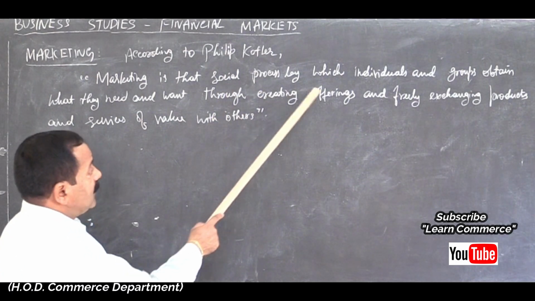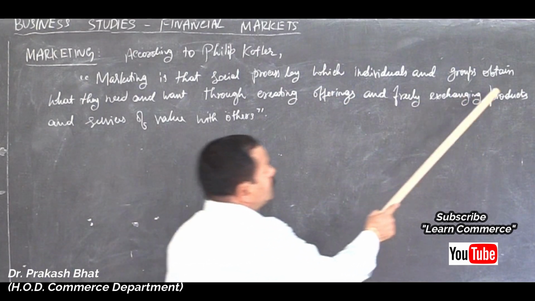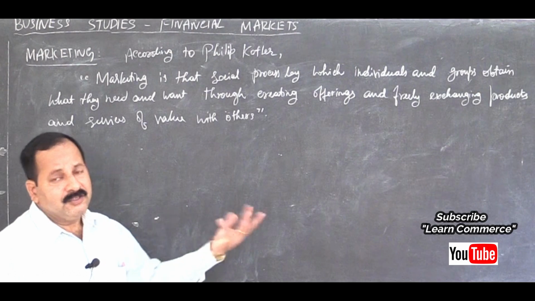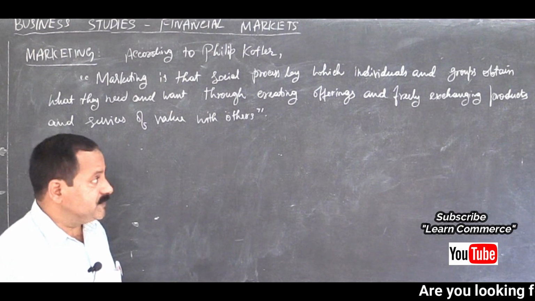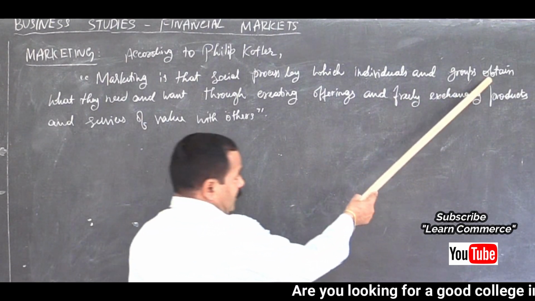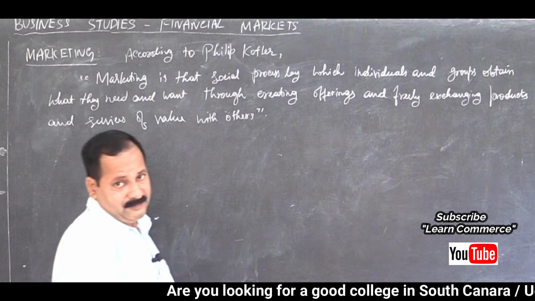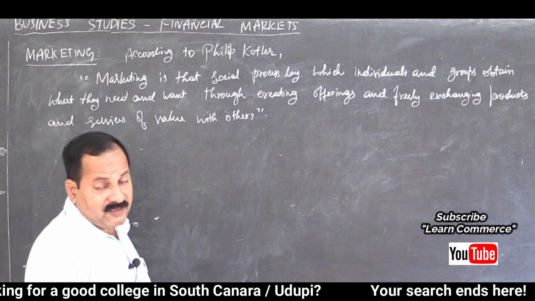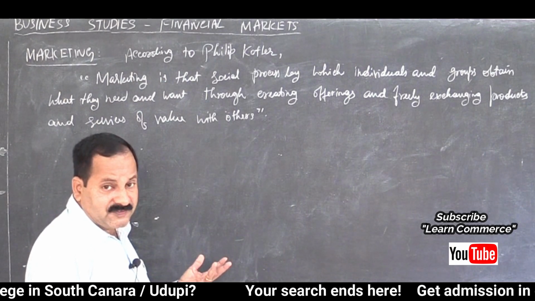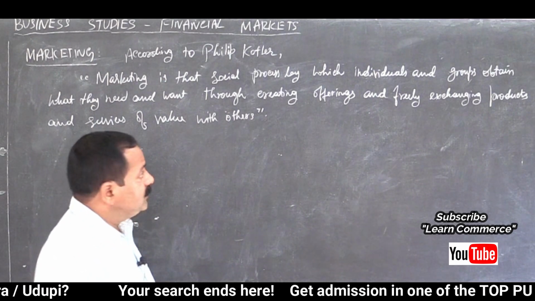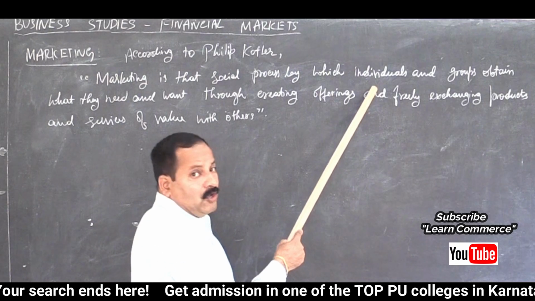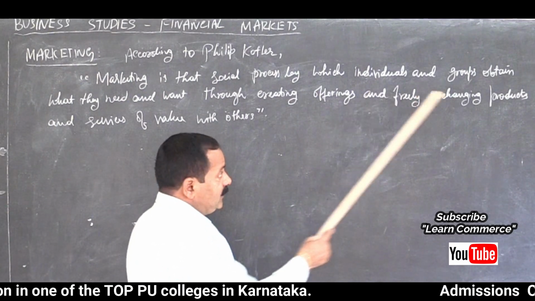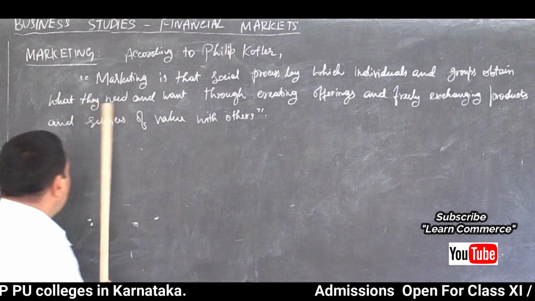So, social process by which individuals and groups, in the sense maybe business entities, corporate entities, association of persons, any body of individuals, that is called groups. Or even the government as a group. Even the government purchases goods and services from the company, isn't it? So individuals, the common man who purchases from retail outlets or anywhere for that matter, and groups obtain what they need